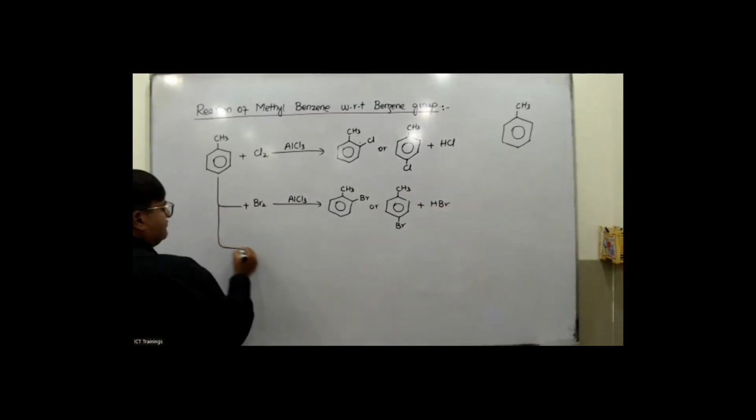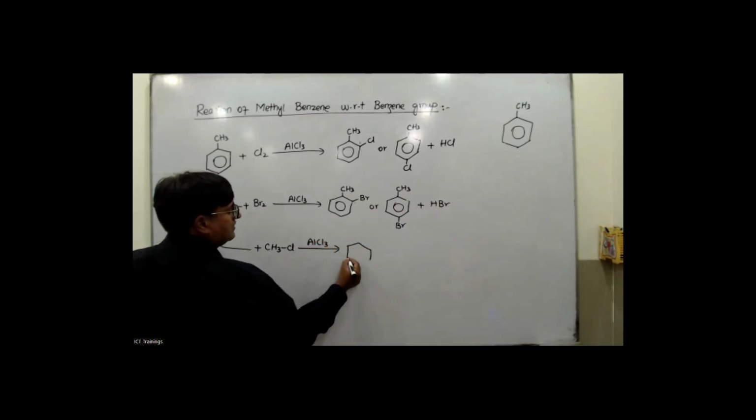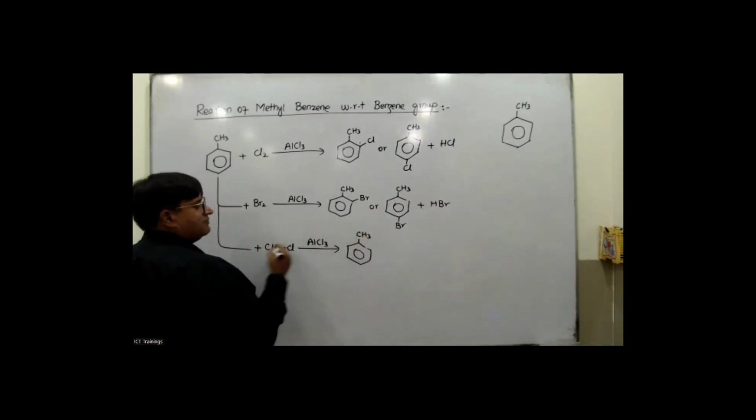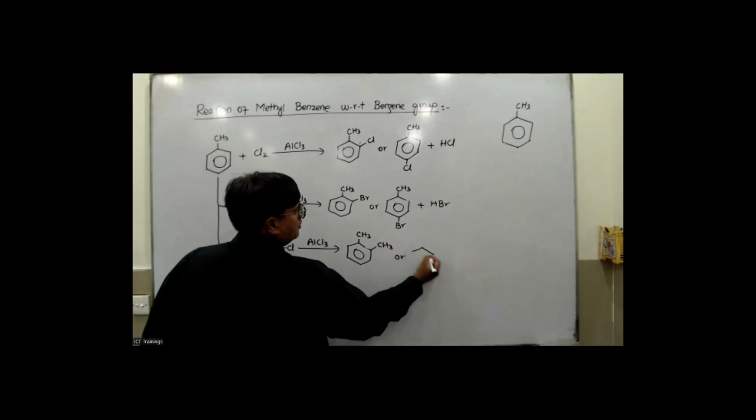And just like that, if you react the methyl benzene with CH3Cl, AlCl3 is again used as a catalyst. So what would happen? This is the methyl benzene, and the upcoming methyl group is attached either on position 2 or on position 4,